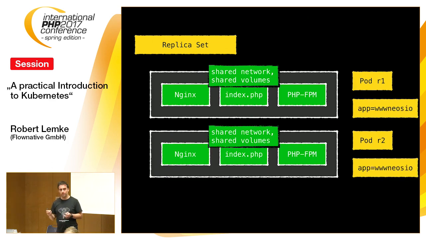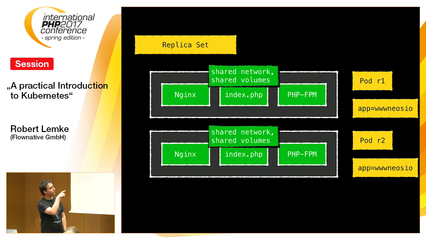And one thing they introduced, which they didn't have in Borg, which is very powerful, are labels. Each pod, and basically almost every other thing in Kubernetes, can have multiple labels. You give it a key and a value, and then you can do selections. You can say, give me all pods where the label app is nails.io and where the label stage is production. And then you can filter by it and run operations on it. So that is a very basic but very powerful feature.